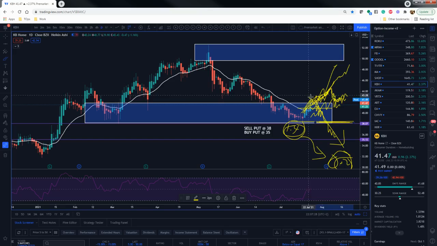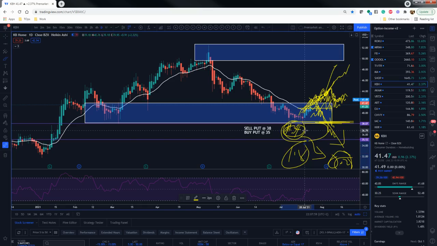What about if the price of KBH goes up and then goes down and hits your strike of 38? It means that the price of your put spread will rise; instead of 1.4 it will become, let's say, 1.8. At this time it's not good to close this trade, because you'll be incurring losses,